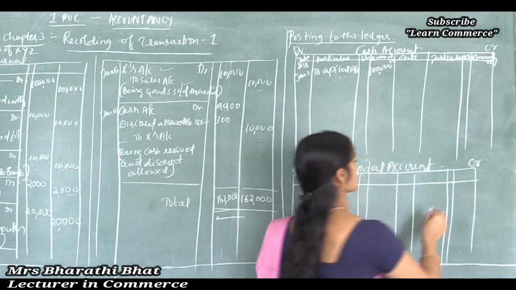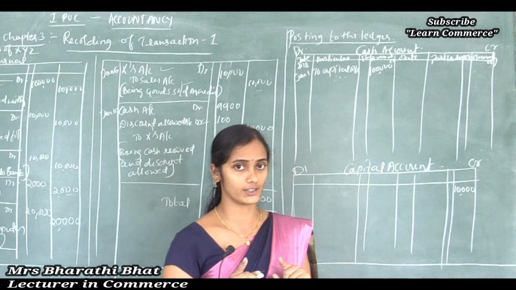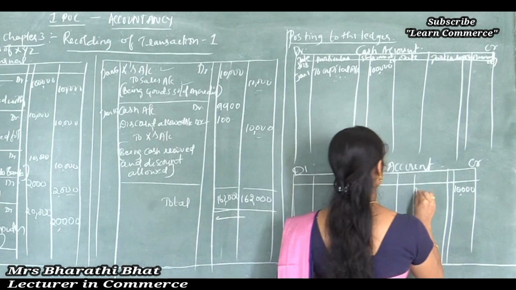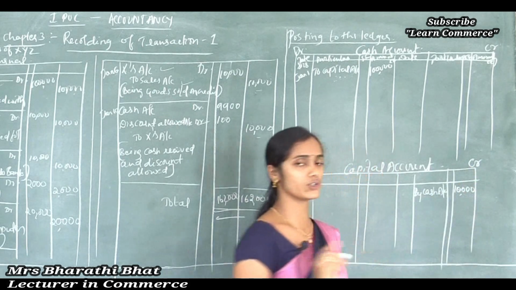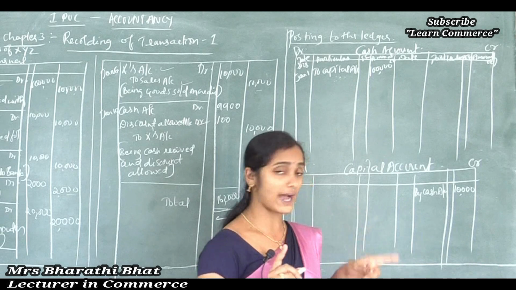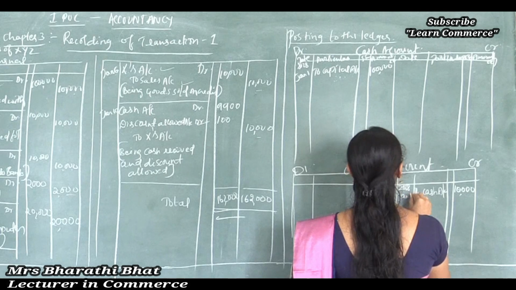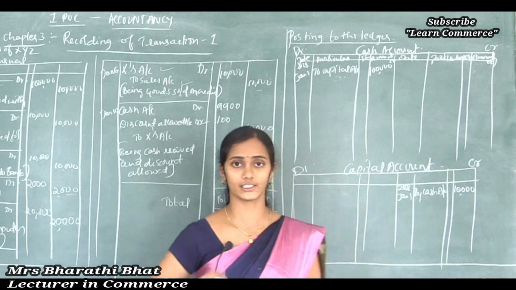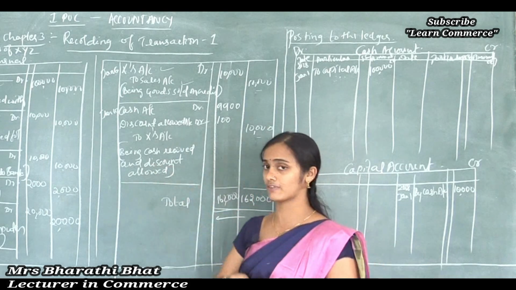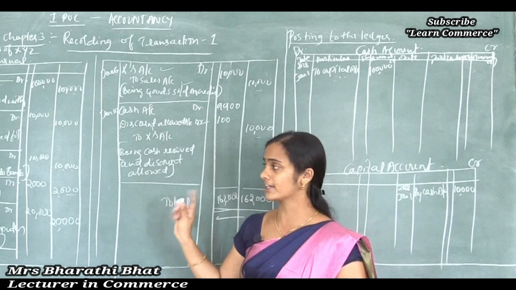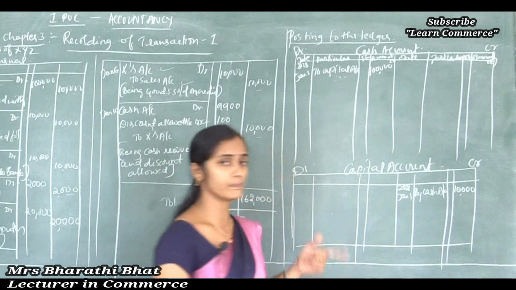What we can do? Just write the amount in the credit side, and near to capital, which account is there? Cash account. So just write by cash account. Why? To record the credit aspect of a transaction, we need to use the prefix called by, then mention the date, 2018 January 1, by cash account. Now this particular capital account ledger is closed, because no other transactions are affected to capital account here. Correct, right? Getting my point? So capital account closed. And later I will tell you balancing the account.